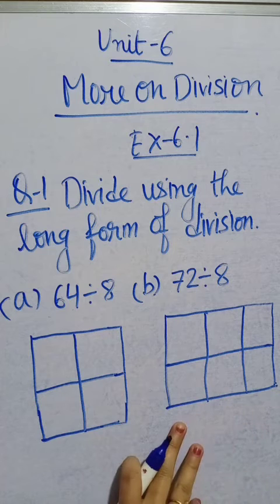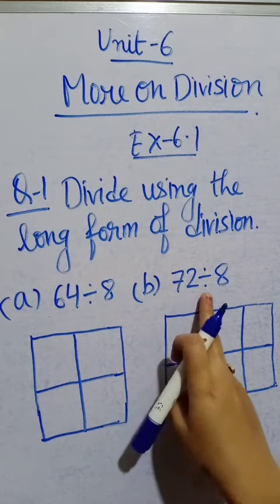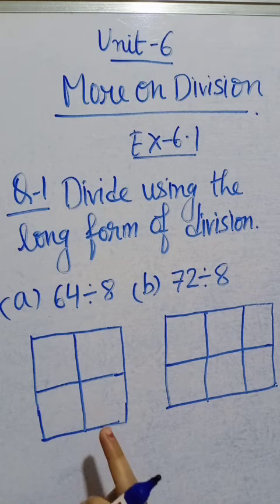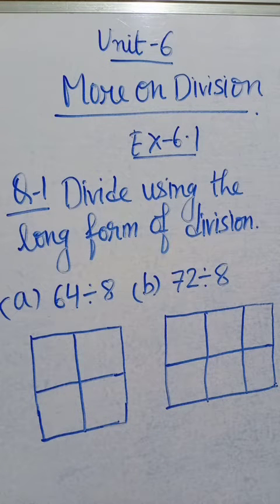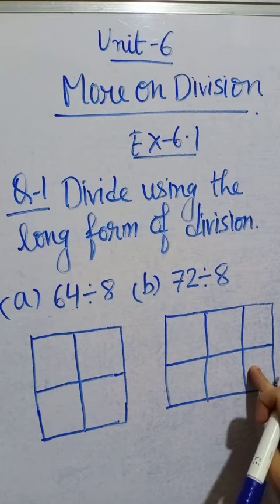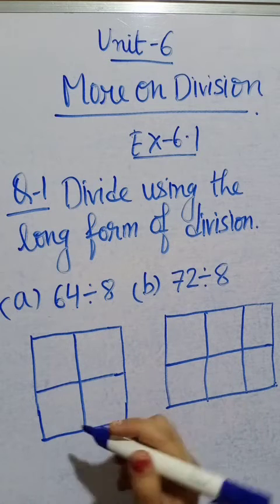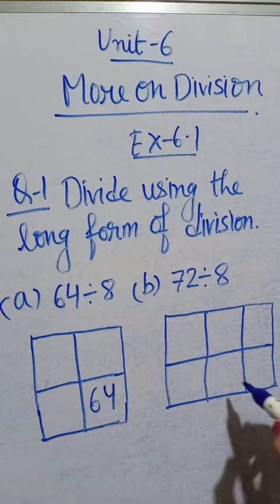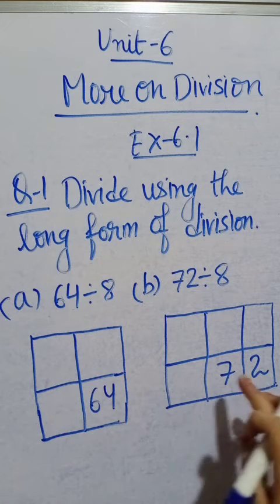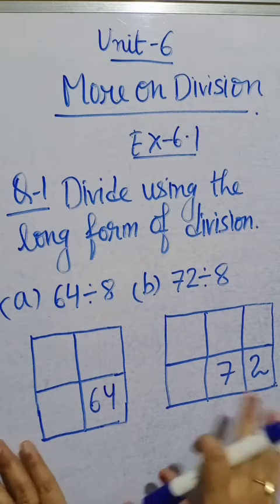Boxes are already given. If that is not given, then you will have to make them according to the number of digits. Suppose 64 is there. We can make a single box or a double box. For the digits, if you want, you can make this type of box also. If you want, you write 64 in only one box, or you write 72 in two boxes. Whatever you want, you can make. I have shown both types of boxes, so you can use any one.